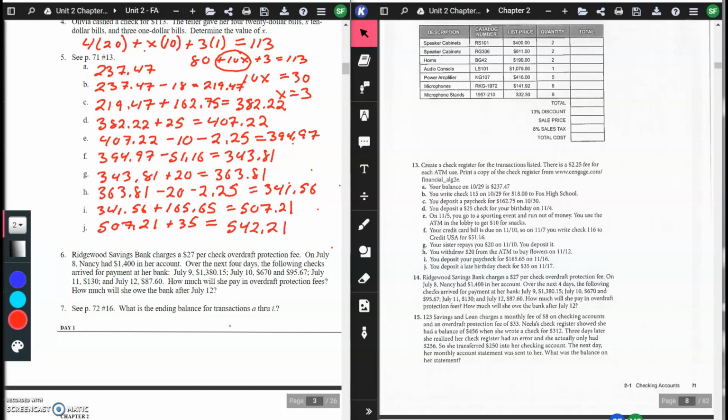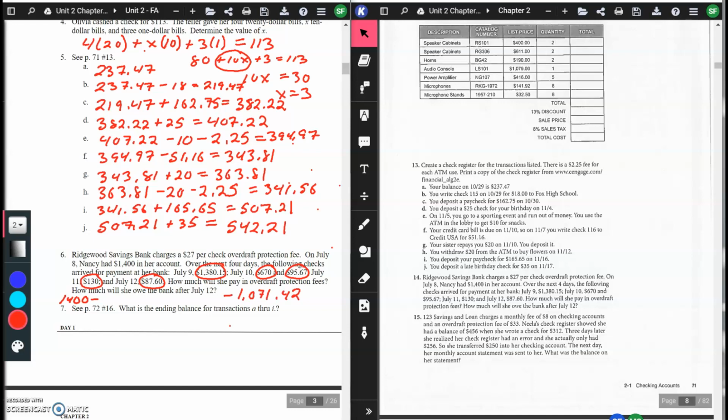Okay, so we started with $1,400, and we're going to subtract off all those checks. Subtract all those off. Okay, so when you do that, you're going to get negative